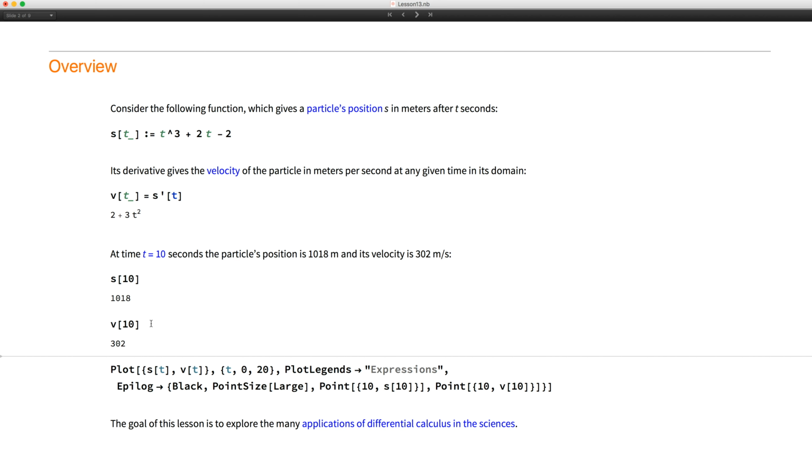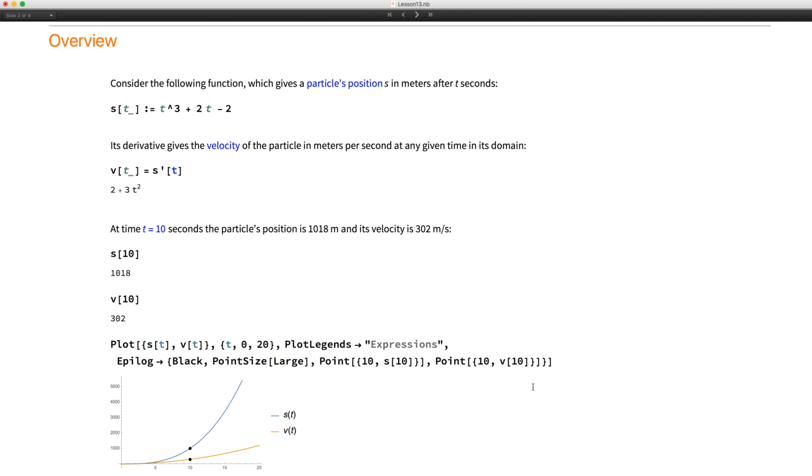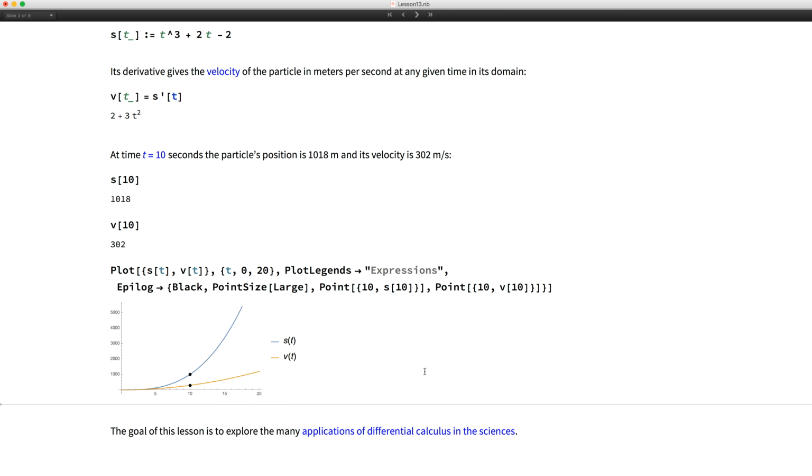And having done that, you can also plot the position and velocity as a function of time over a certain period of time, in this case from 0 to 20. So in this very simple example, you see that the derivative gives you a nice way of approaching a problem in mechanics. And what we'll do in this lesson is explore the applications of differential calculus in the sciences